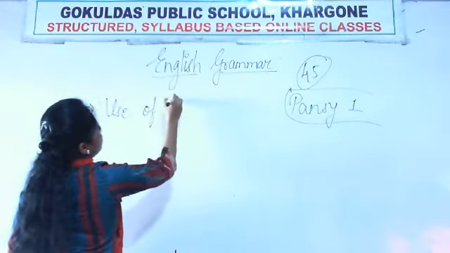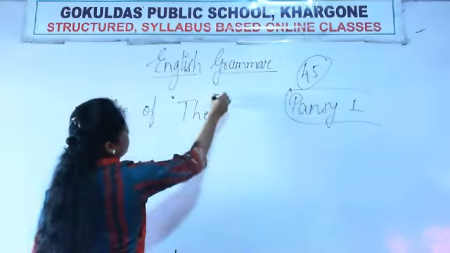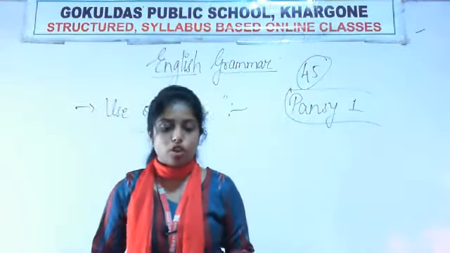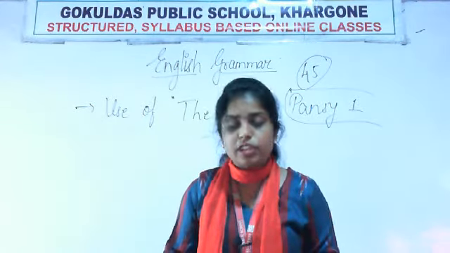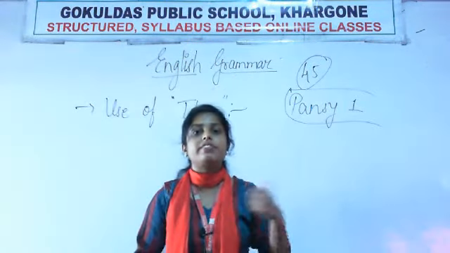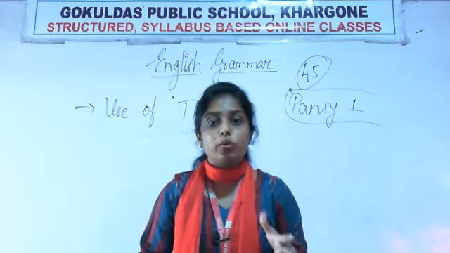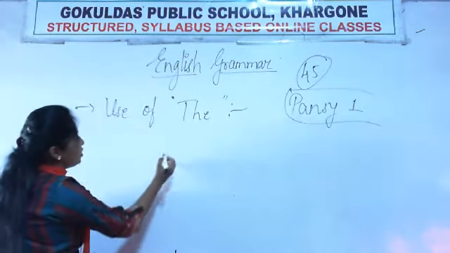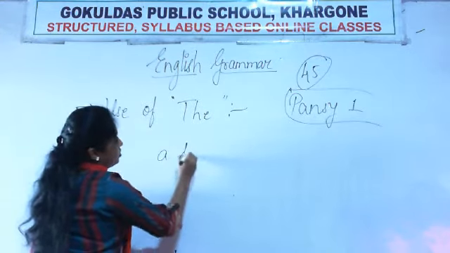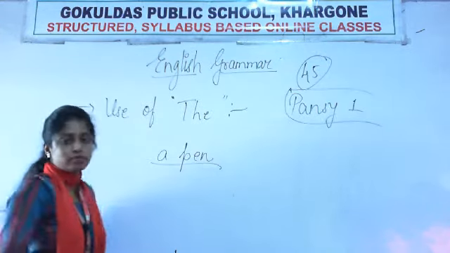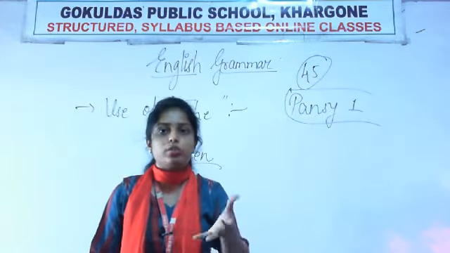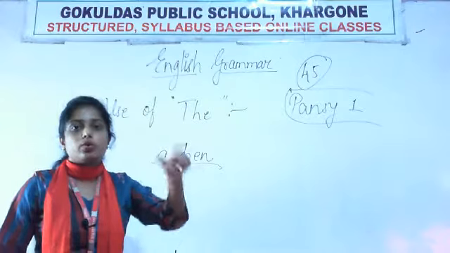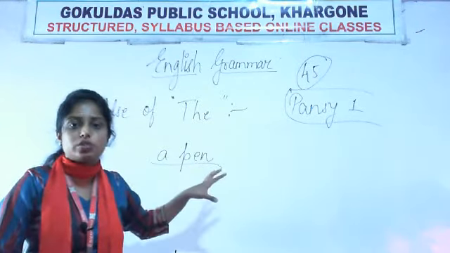Use of the. So we use the when we talk about a particular thing. Now in the previous lecture I told you about what a particular thing is. Okay, for example, if you are talking about some pen, you will write a pen. If you talk about any pen, you will write a pen. Okay, here it is not mentioned that this is one particular pen, it can be any pen. But